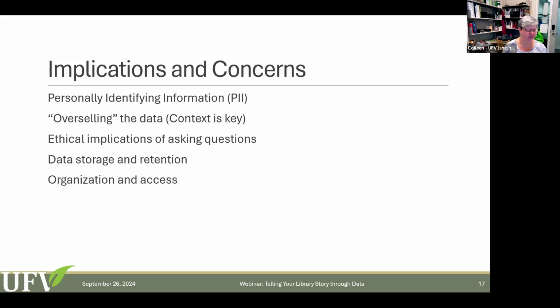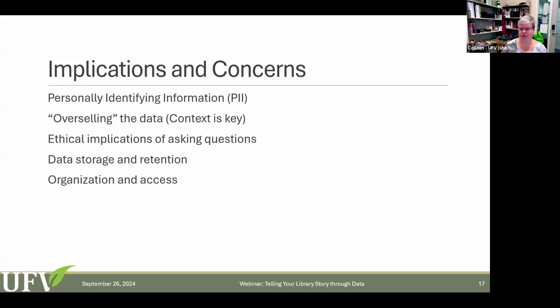If you're matching data from your library systems with other data sets, so say, for example, you want to match data from your library system, so students who are using the library, with other information about them as students, like their grades or some other characteristic, you want to match that data, and then you want to remove that matching point from your data.